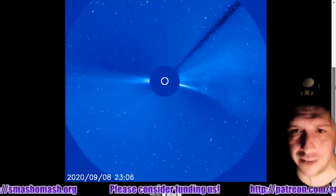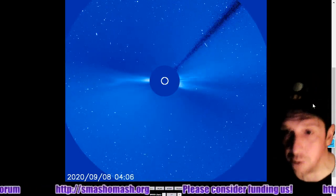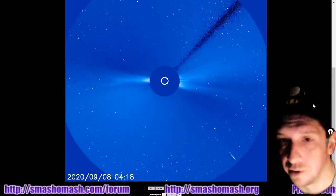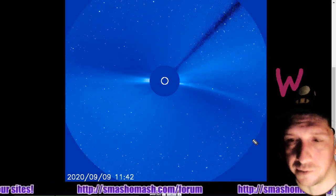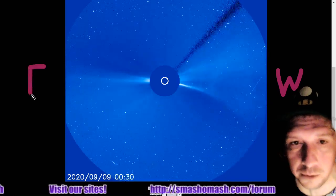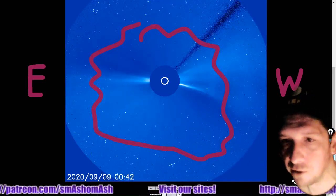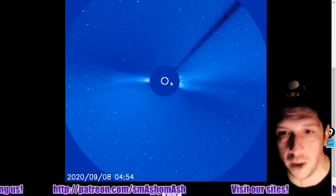Here's a view from the LASCO C3. This is located at Lagrange point 1, directly between the Earth and the Sun. It looks like most of the ejecta will miss to the west in this direction. There could be a glancing blow to the magnetosphere because we do see some easterly also, but we don't really see a halo. Normally, if you have a perfectly Earth-facing CME, coronal mass ejection, you see a halo around the